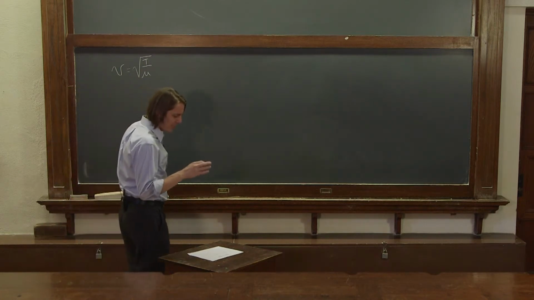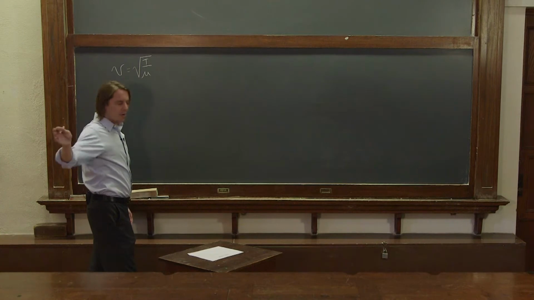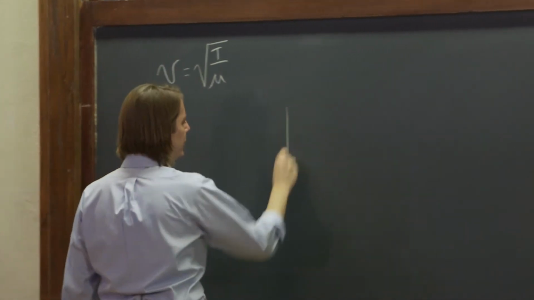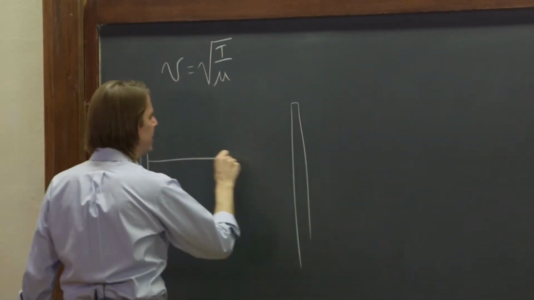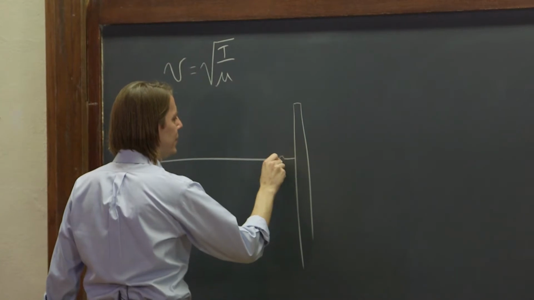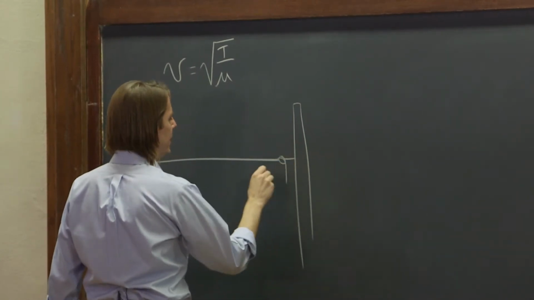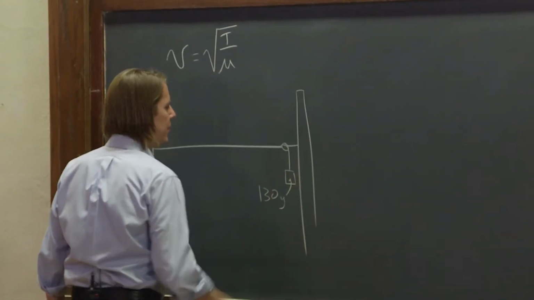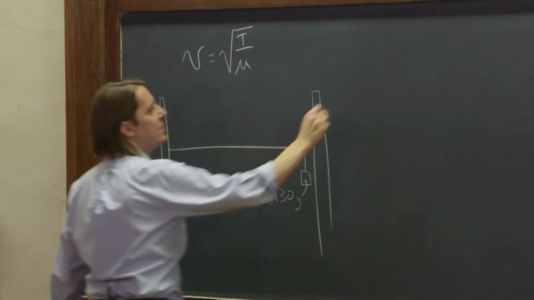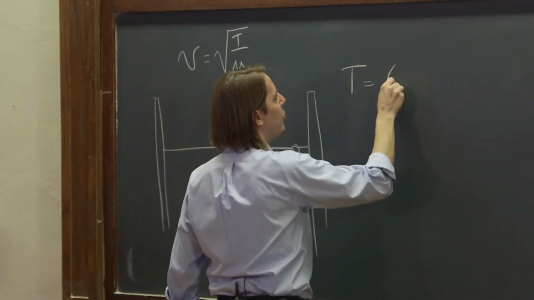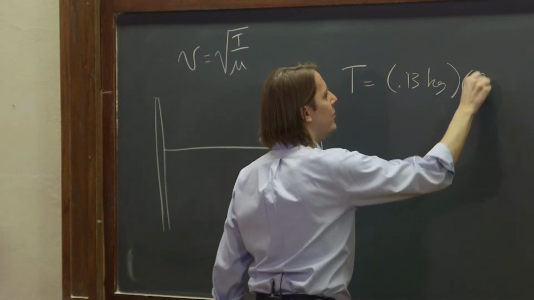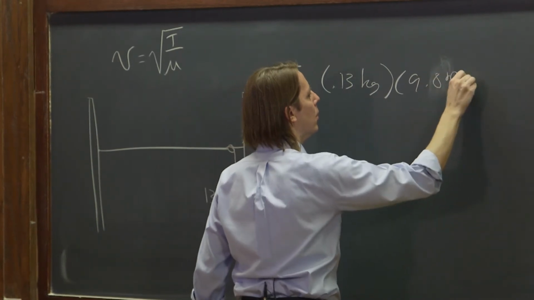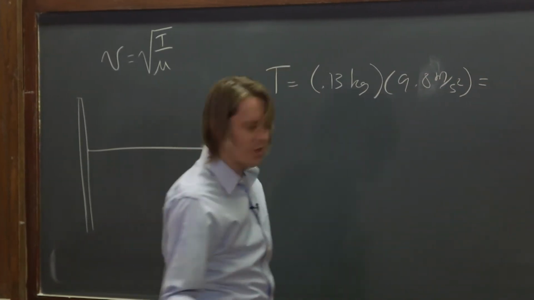So I have set up a string right here in the front, and it's basically clamped between two rods. That's this, and I've got it hanging off of a little mechanism so we can set a known tension in it. So hanging off of here is 130 grams right there. So it's going to have a tension T equals the mass, 0.13 kilograms, times gravity, 9.8 meters per second squared. So the tension is 1.27 newtons